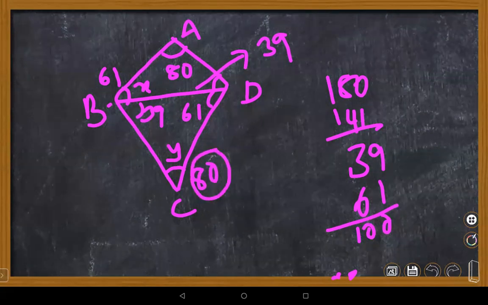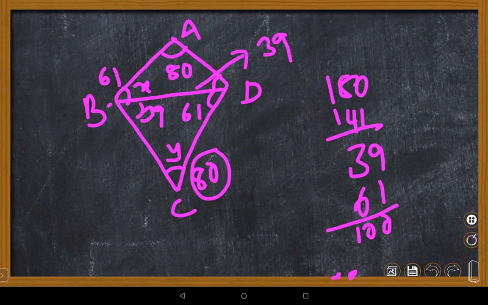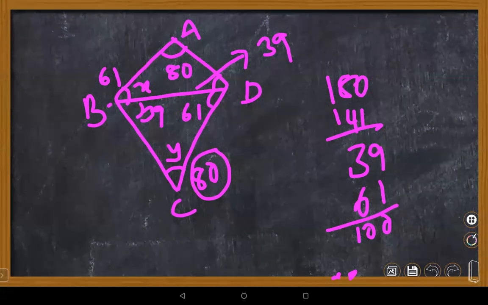Ma'am, but one pair of opposite angles, we can go directly with this Y and 80. Ma'am, so are opposite angles equal? No, no, one pair of opposite angles. Actually, in this case, Y and 80 are facing opposite, both are 80, right? Ma'am, can you explain how?